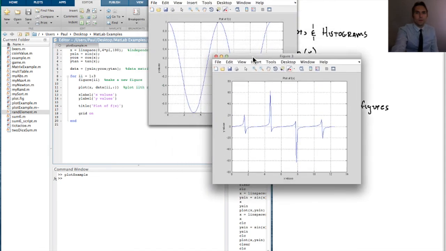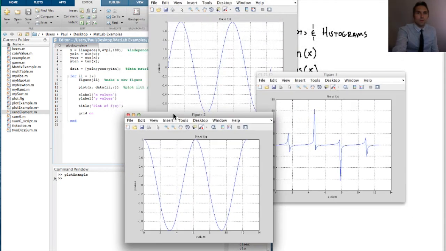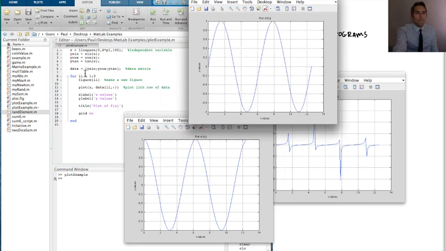And there we go. So it went through the for loop the first time and said figure 1. So here's figure 1. Plot the x values with the first row of data. So the first row was the sine. Give the x label x values, give the y label y values, give the title plot of f of x, turn the grid on. Then it hits the end of the for loop, comes back up, sets i equal to